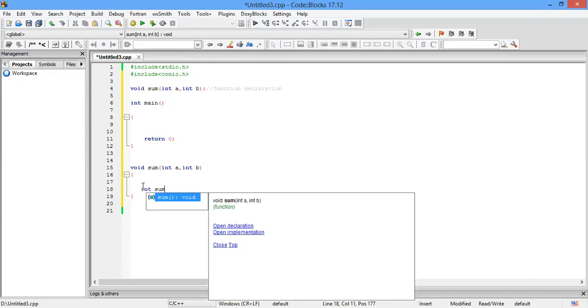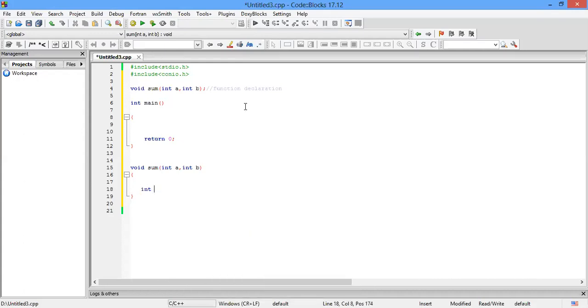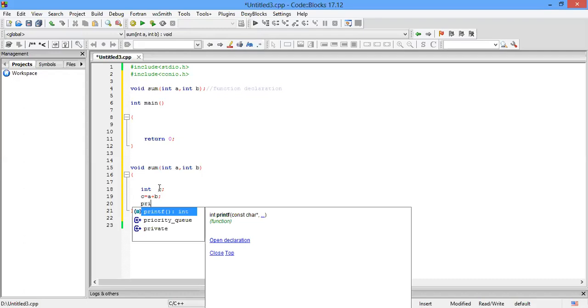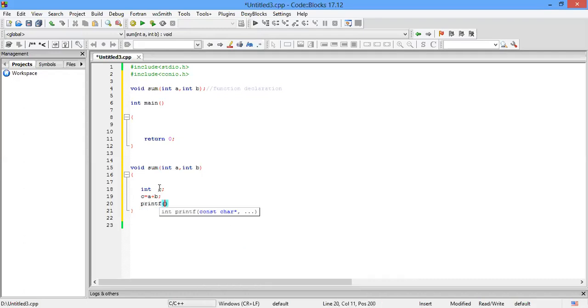First of all I will require a third variable, int c, then c equals a plus b. This is my logic, because I want to do the sum here. So in the definition part I write my logic, and now I will print that. What will I print here? The value of c, percent d, because it is an integer value, then the variable name c, and then a semicolon.